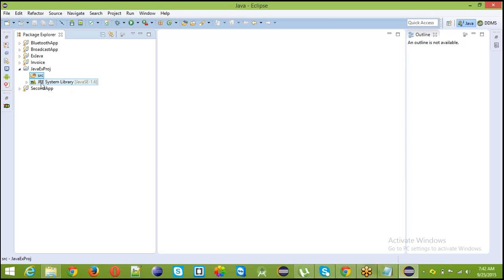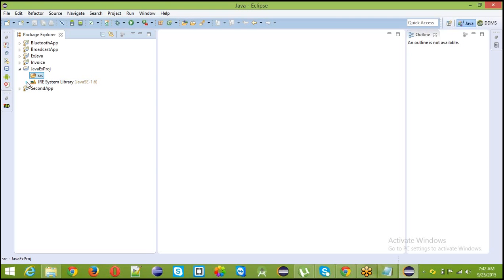JRE is nothing but Java Runtime Environment, and these system libraries are supporting libraries. When you create the project, these supporting libraries come with it. You have no need to add them externally; they come automatically with the software.